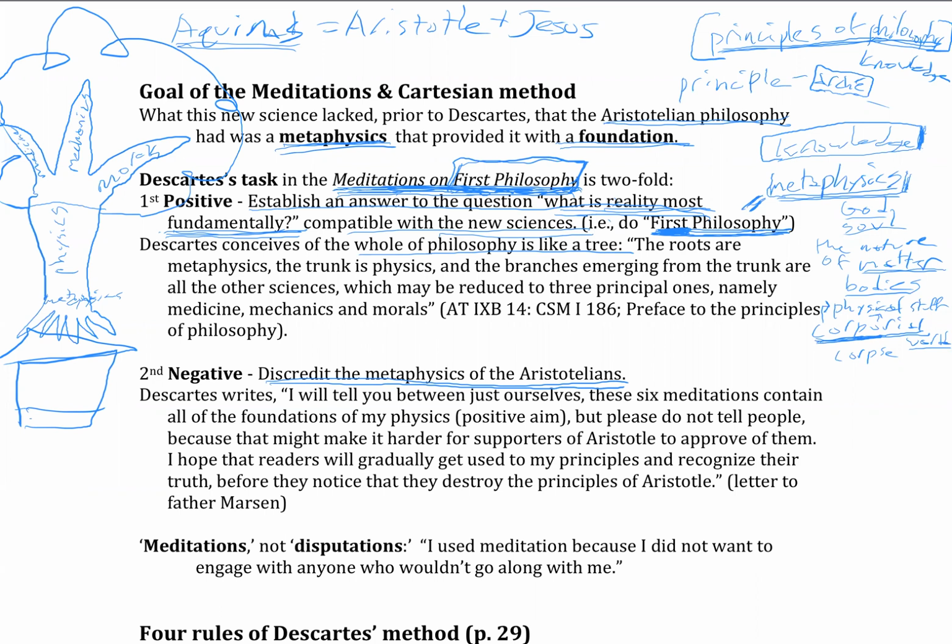And for Descartes, and for Aristotle to some degree too, but it really becomes clear in Descartes, there's part of the shift towards knowledge. Metaphysics is going to concern both reality and knowledge, so both God and the soul, and it will study how we come to know things, right? And that's really reflected in the titles of these two books that cover a lot of the same ground, The Principles of Philosophy and Meditations on First Philosophy. Okay, in the next video, we'll turn to Descartes' negative aim.